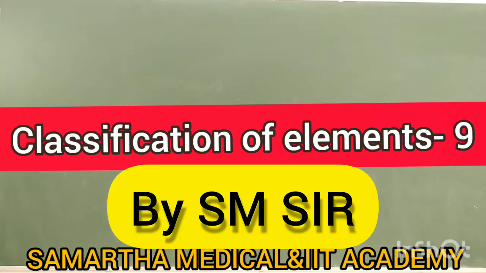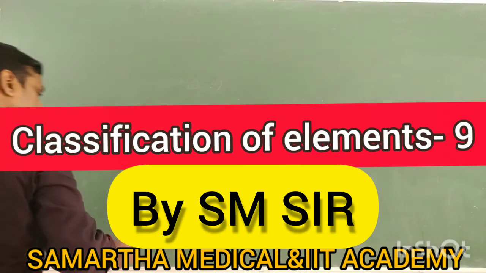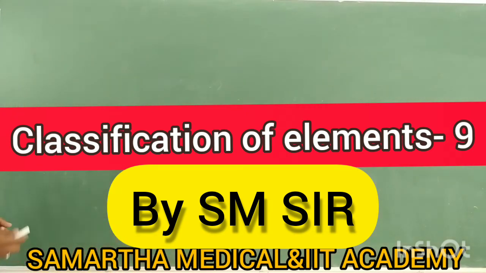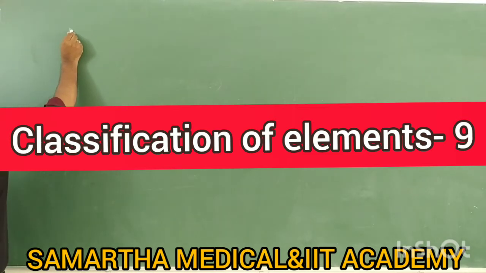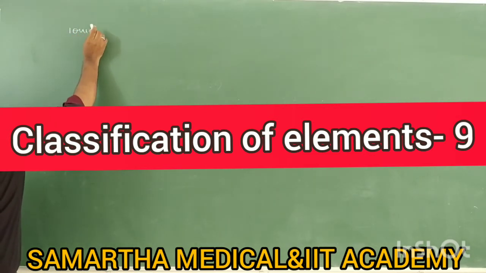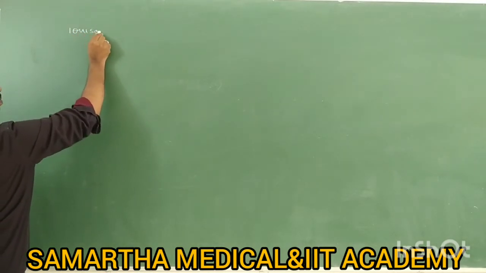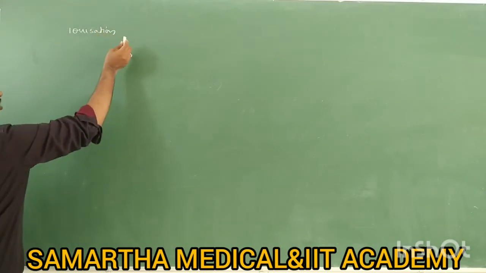Okay, students. So last class we started ionization enthalpy. We completed what ionization enthalpy is and how it varies in a period and groups. Let's see once again briefly: ionization enthalpy is the minimum amount of energy,